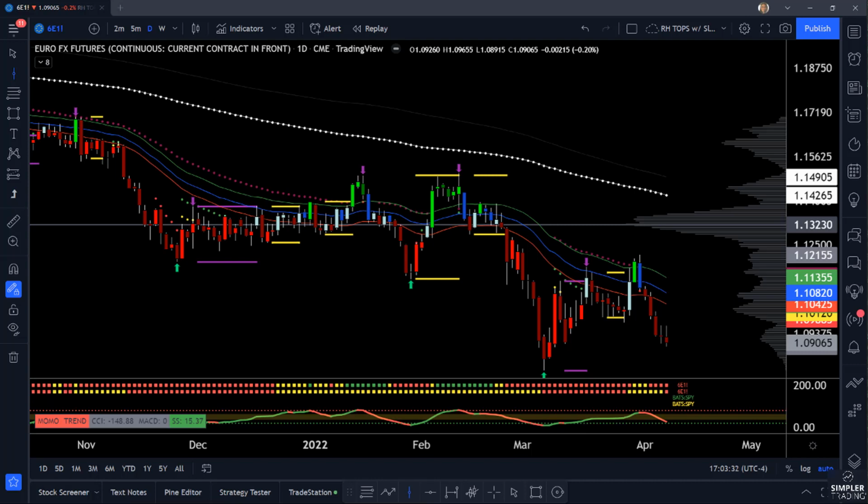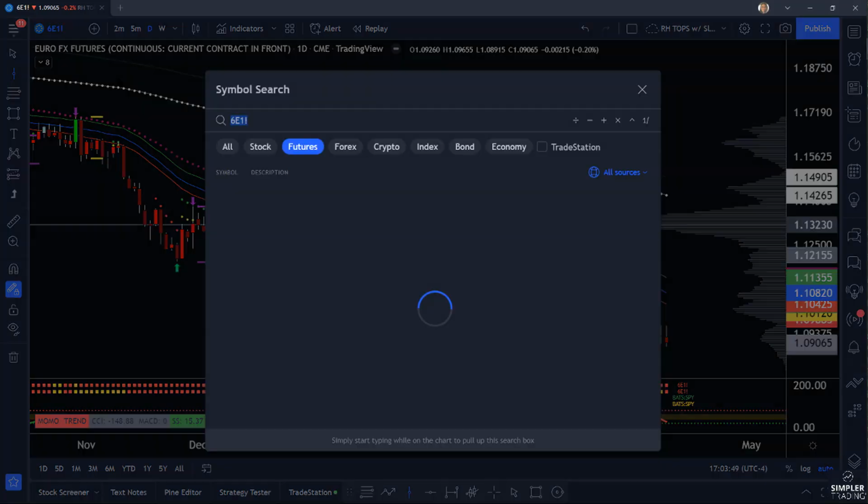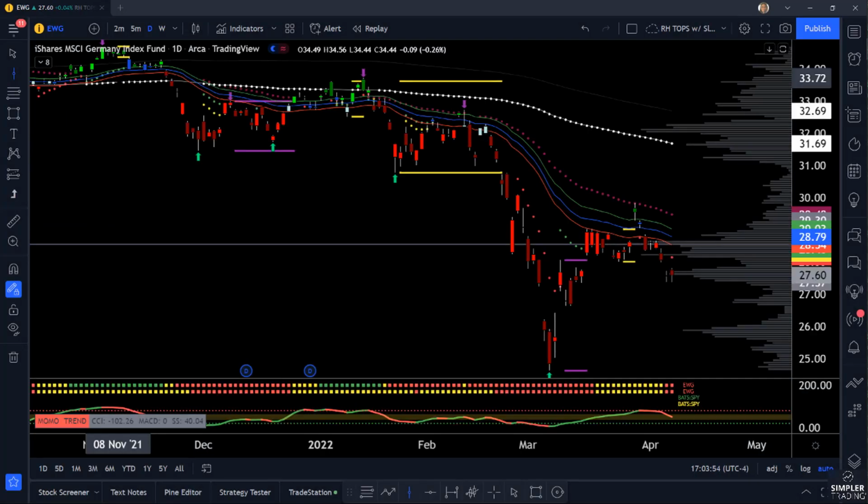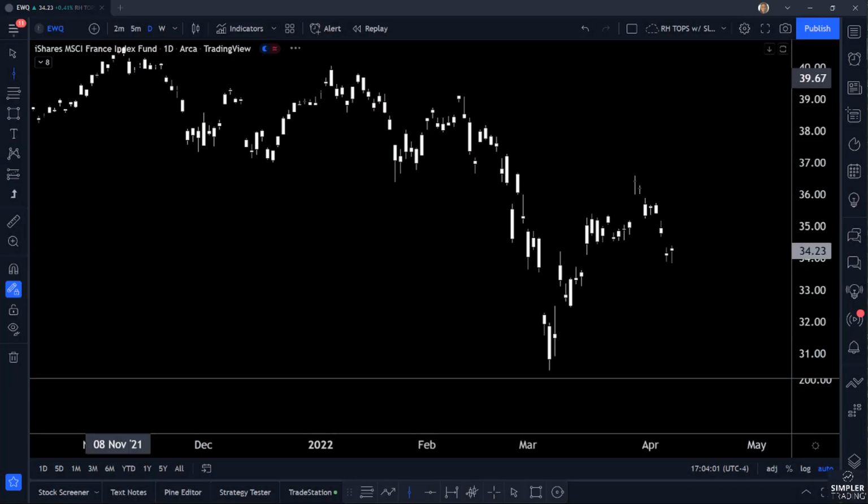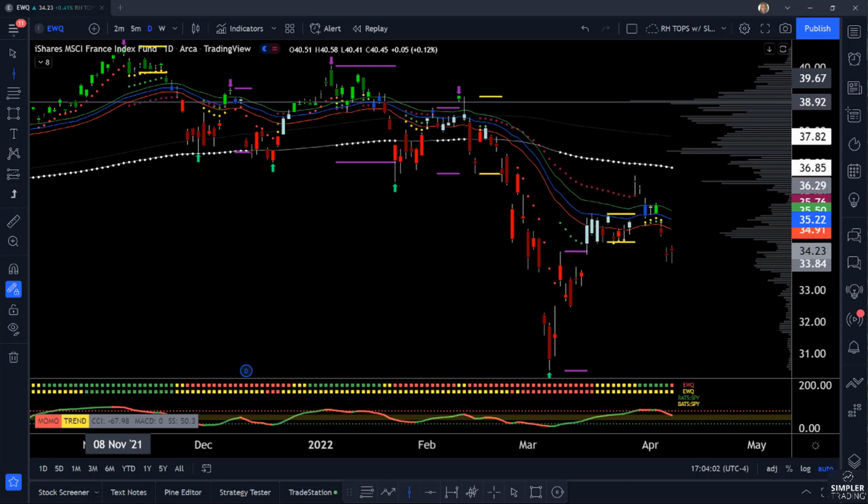This is a trade that we've talked about for a while. If you've been watching these free videos, you're probably already in this euro trade, and this has been a great trade for us. This is US dollar strength and euro weakness. So this is sell the rip, double red, short into the wave. Now, when we look at the euro, there are two ETFs that come to mind. EWG is Germany, and that basically mimics the DAX. We also have EWQ. This is France, and this mimics the CAC 40.